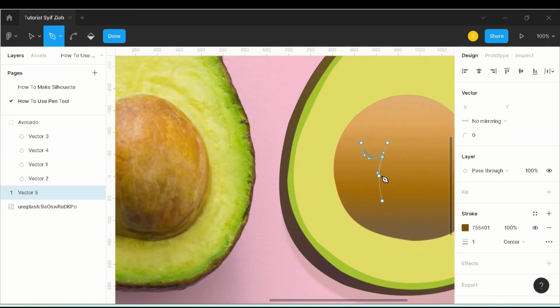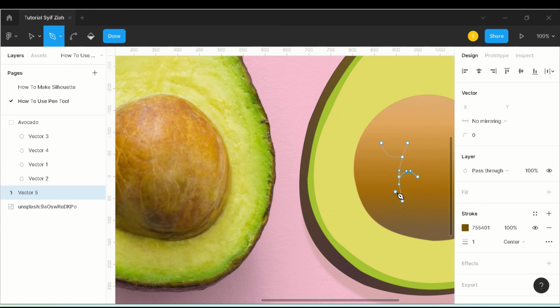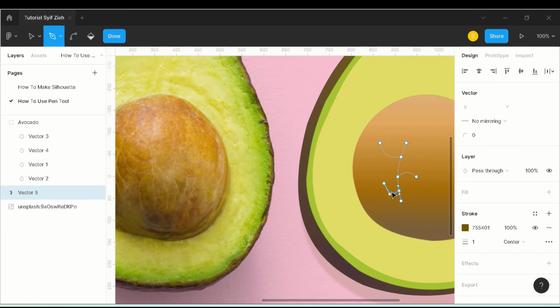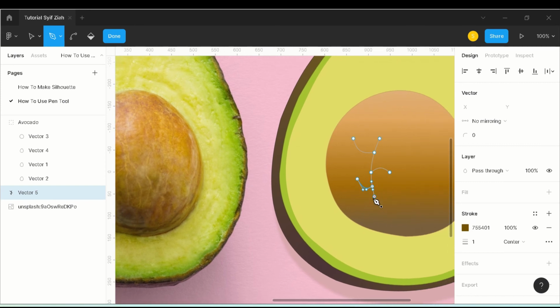Just click like this, and then click like this. And you can make it wave with control. You can press control and then make it up or down. Okay, I wanna make it first.